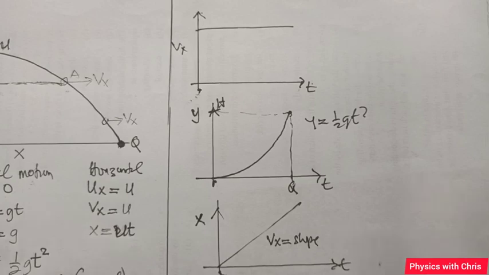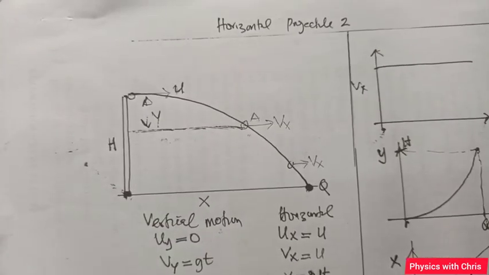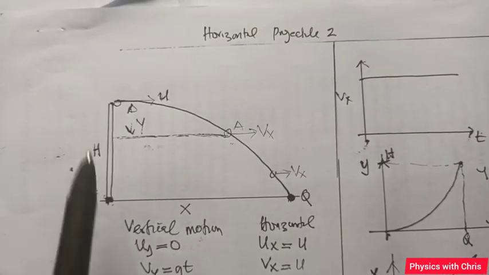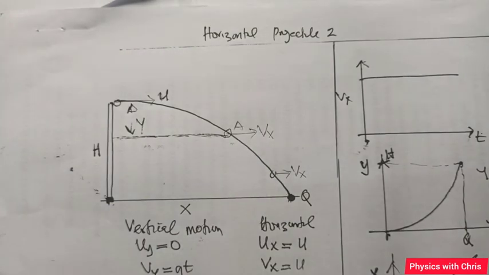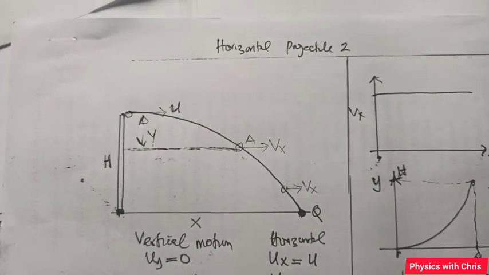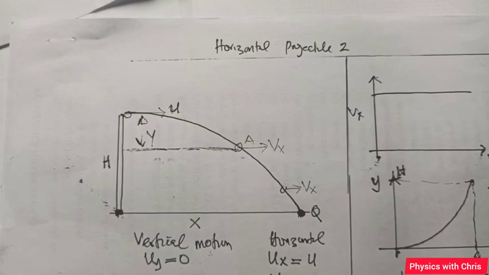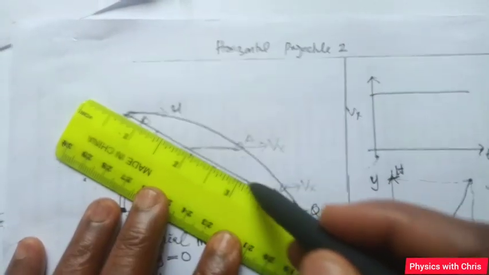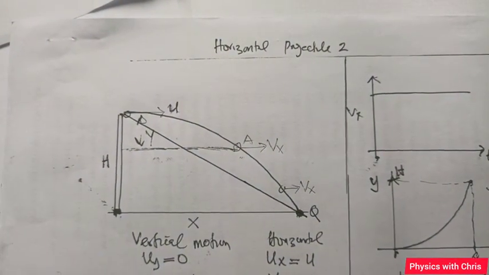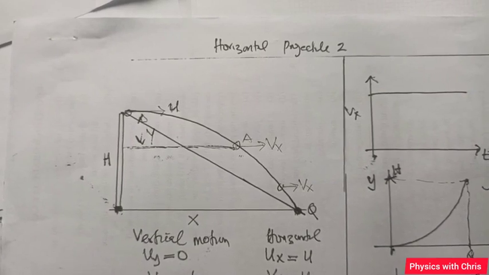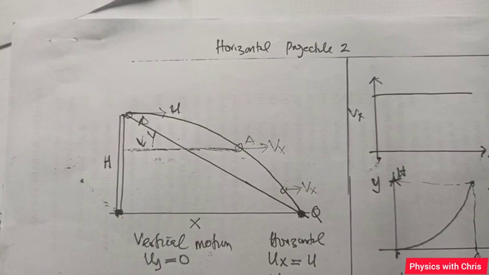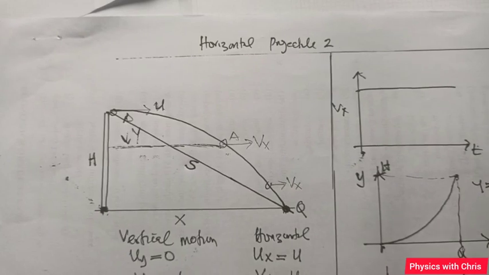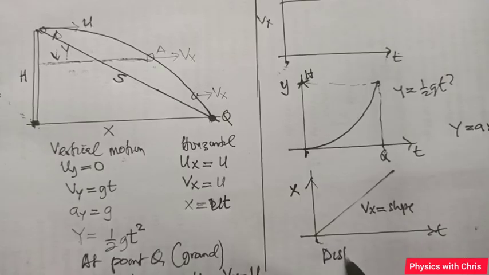Okay, let's come back here again, and we want to find out the difference between distance and displacement, because we said distance is the length of path, the path length, that's the distance covered. Then what is the displacement? In case you are asked to find the displacement, you just draw a straight line that links the point of projection to the end of projection. So that's the displacement. Let me call this S as my displacement. While distance is the length of this path,